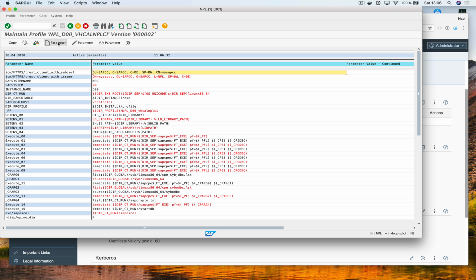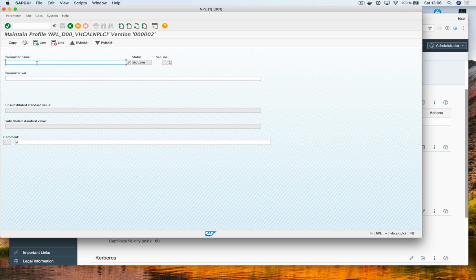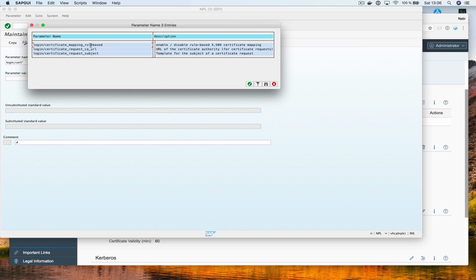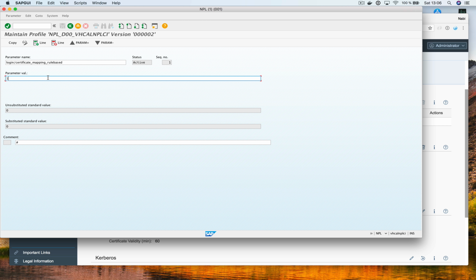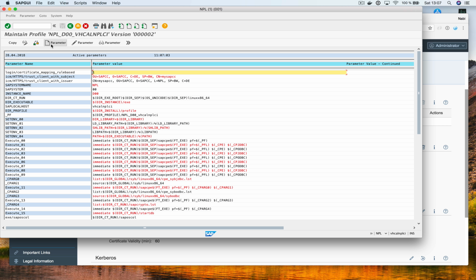Go back. The next one we create is login cert rule-based, and the value for that is 1, because this will now allow us to map SAP Cloud Platform users to our ABAP users automatically. So here we go. I say copy again. Now I go back. Okay, this is what we have, and let's go back